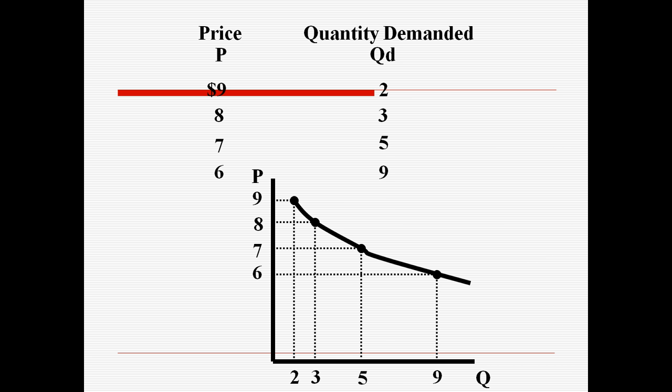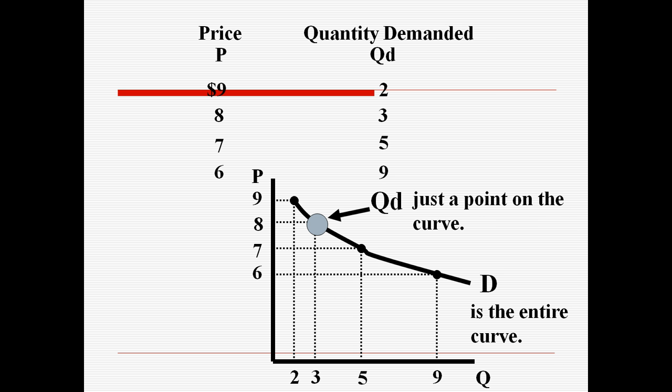We have our downward sloping demand curve, which we represent with the variable D for demand. Demand curves are always downward sloping. You can remember that by the fact that they both start with D. That's how I remember it. So when we're talking about demand, we're talking about the entire curve. If there's a change in demand, that's going to shift the entire curve. So changes in factors other than price are going to change demand.